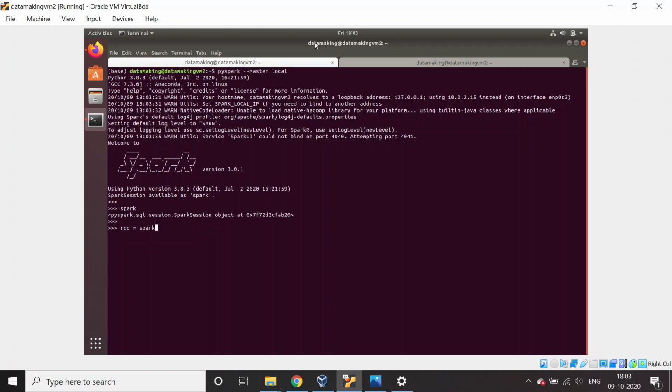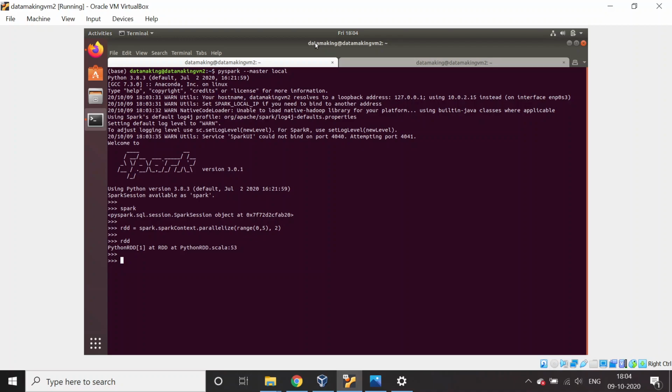You can use the spark context object dot parallelize, or just create a list with a range of 0 to 5, and partition your data set. Okay, the RDD is created. Just check this Python RDD.